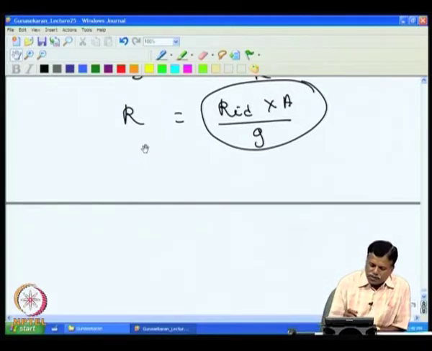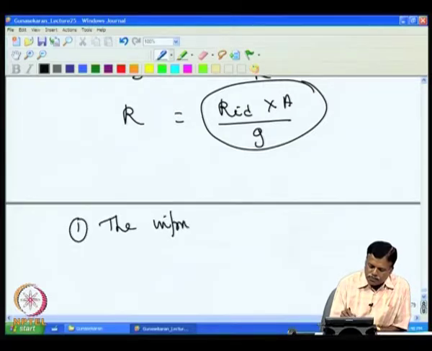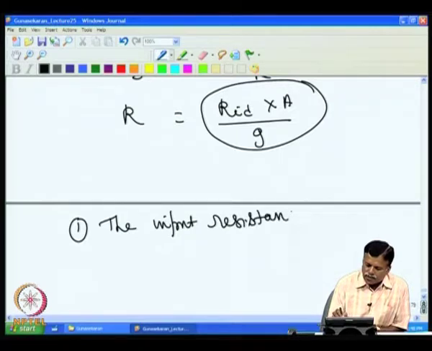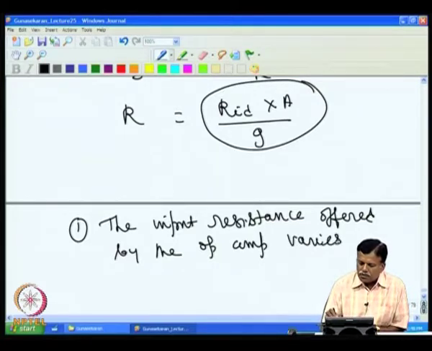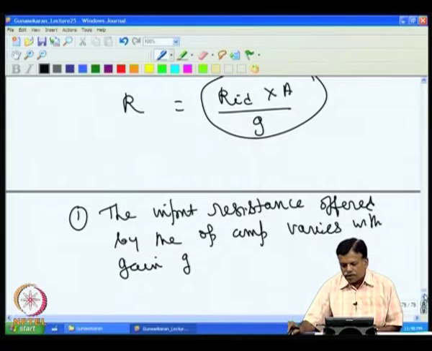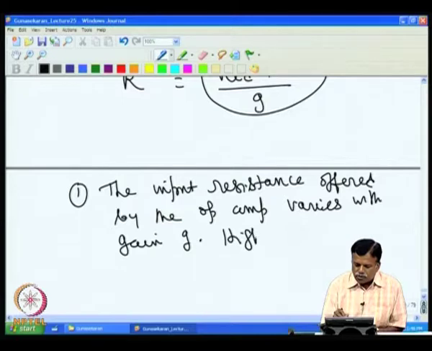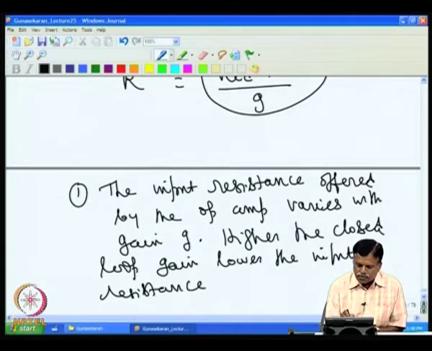So, essentially it means the input resistance offered by the op amp varies with gain G. Higher the closed loop gain, lower the input resistance. Now, this is to be realized